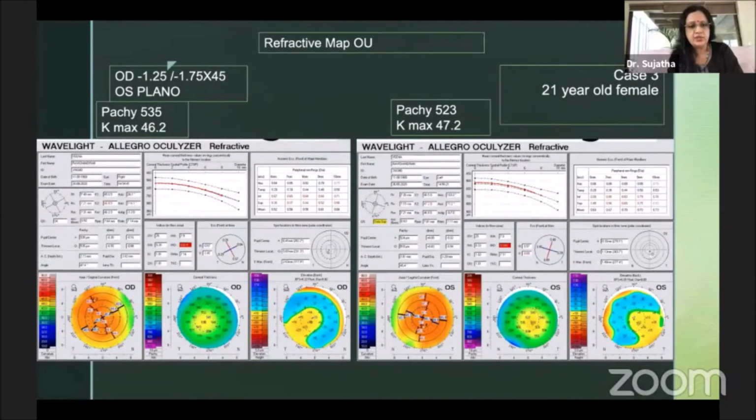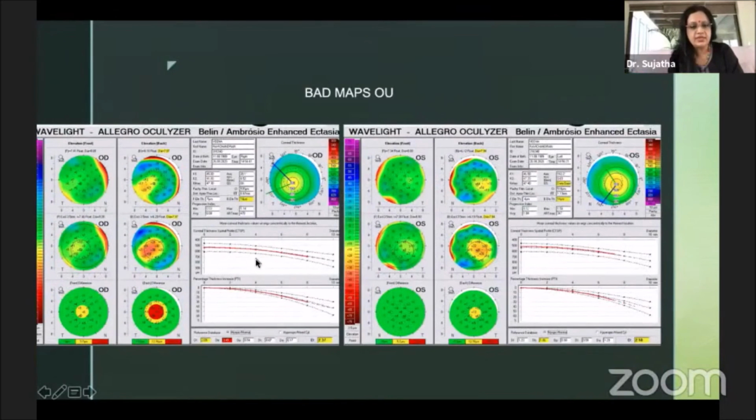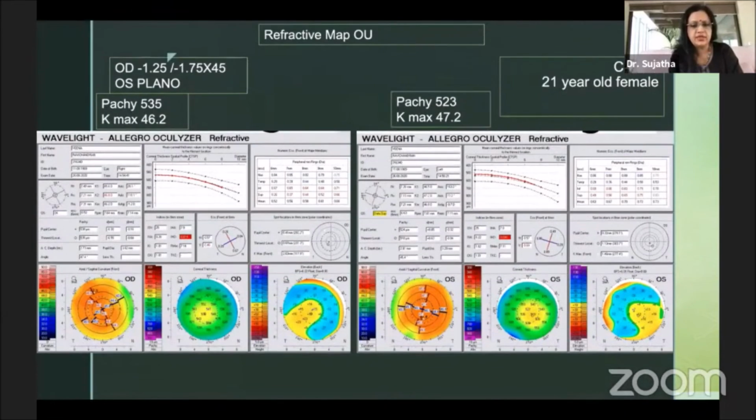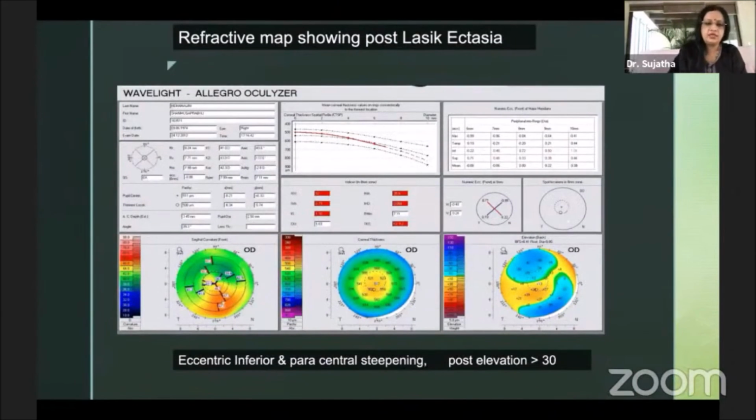So this is again a young patient who was only 20 years old and came to us with just a normal refraction in the right eye, and the left eye was plano, but she was complaining of some sort of discomfort, not happy with her vision. And you can see again the tongue-shaped elevation pattern rising at the posterior elevation. And in the right eye, you can see significant posterior elevation changes, which is actually not picked up in the previous map. You can just see a slight amount of steepening and very minimal asymmetry. So this is also seen in the left eye. And this shows the importance of having a tomography rather than a topography alone.